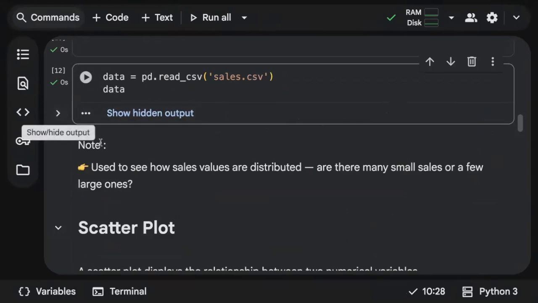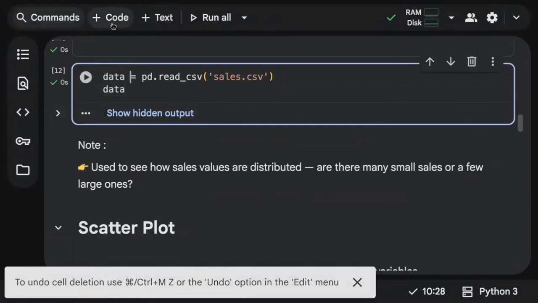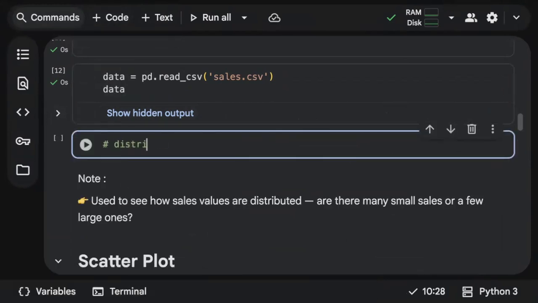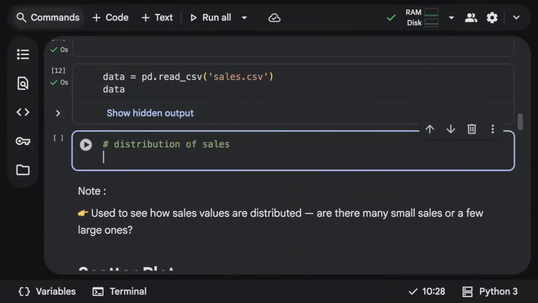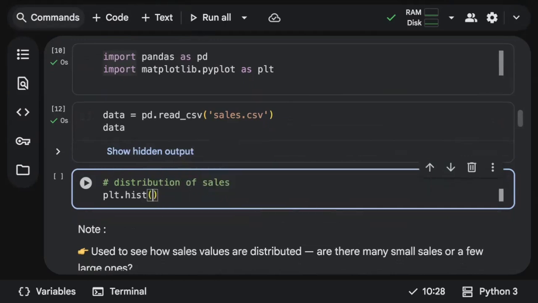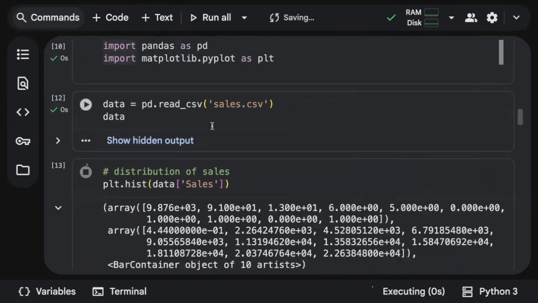Okay, well, you got the data. So now I just need to plot a histogram. In order to plot a histogram, you need one numerical column. I just want to find the distribution of sales. Very simple. First step, you just need to call plt dot hist. plt is nothing but an alias for your matplotlib. The histogram function name is hist. And you just need to call your data, which is data of the sales column, you can see here. So just run. You will get a histogram, okay?